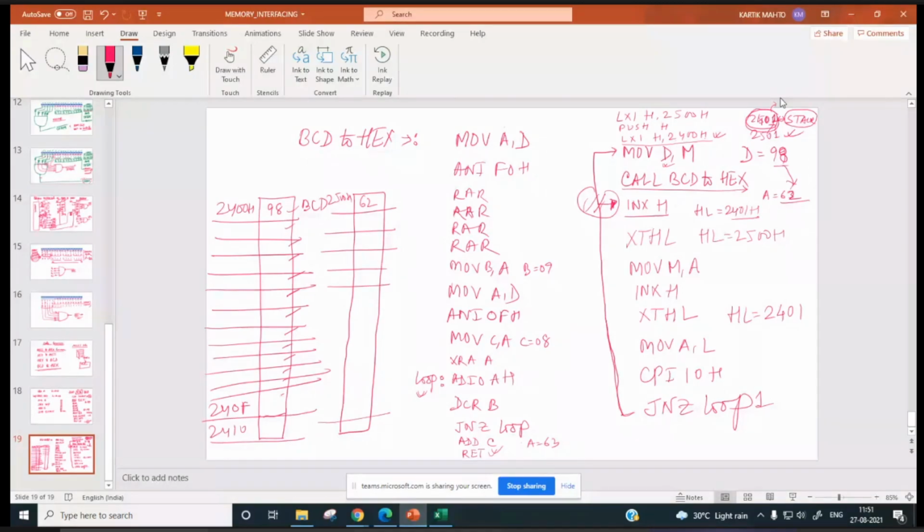Here we made it 2401, right? Doing XTHL we brought 2401 into HL. Now HL is pointing to the next byte. So it will go to this loop 1. Yes, sir.